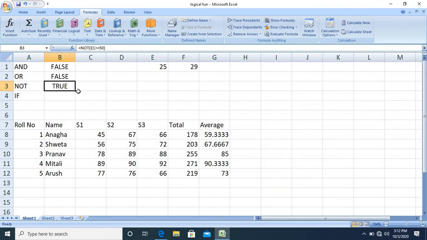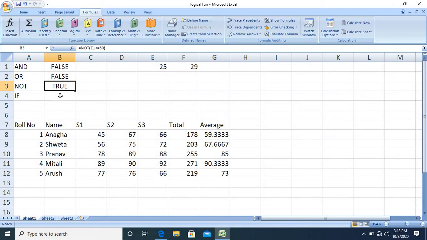So these AND, OR and NOT functions are used along with the IF function. We will cover some examples of these functions with the IF function in further classes.